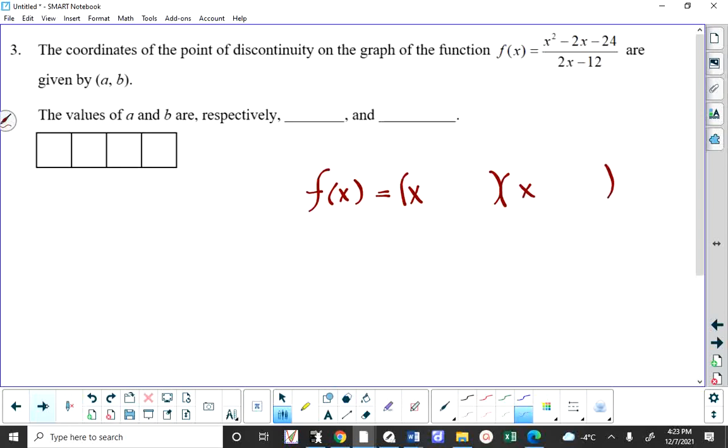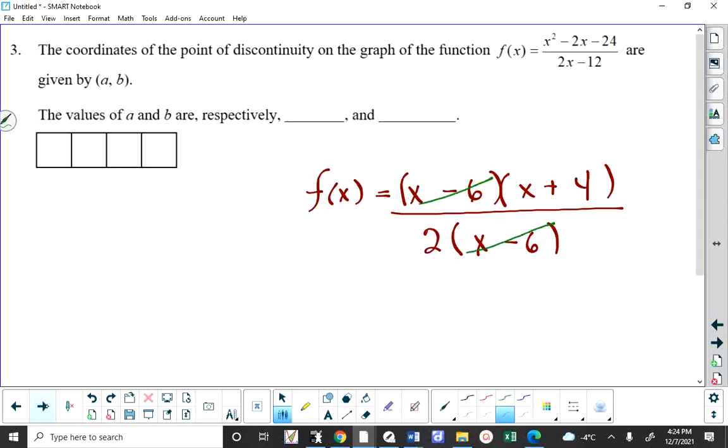I suppose we're looking for two numbers that multiply to give negative 24 and add to give negative 2. A little bit of brain work tells us the numbers are negative 6 and 4. In the denominator, I have a common factor of 2 that I can factor out of that binomial and be left with x minus 6, which means that the two factors that cancel are x minus 6, and that means that the hole